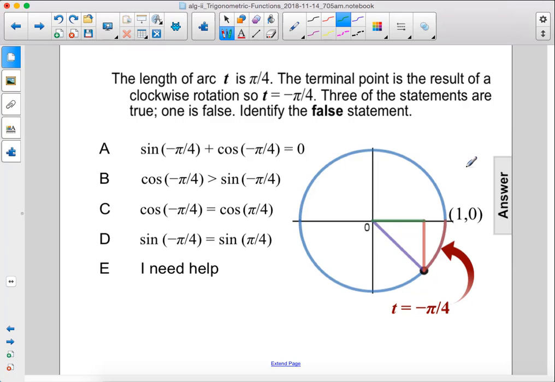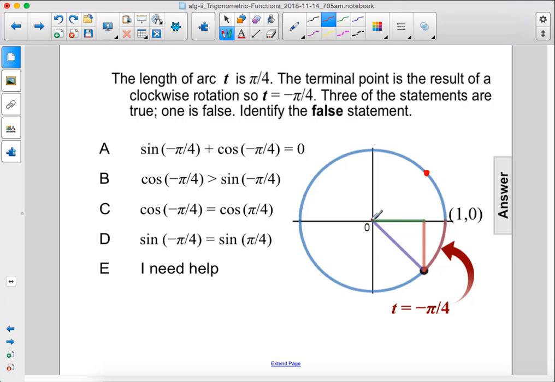The length of arc T is pi over 4. The terminal point is the result of a clockwise rotation, so T equals negative pi over 4. 3 of the statements are true, 1 is false. Identify the false statement. Alright, well, just real quick, if we draw this point but reflect it across the x-axis